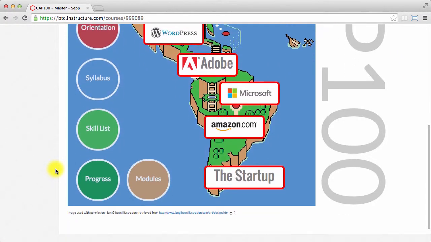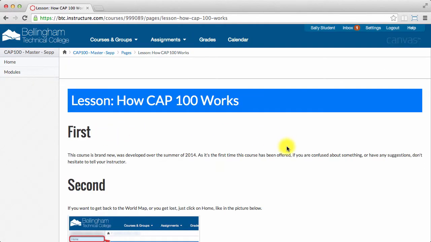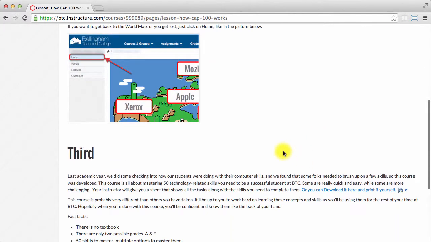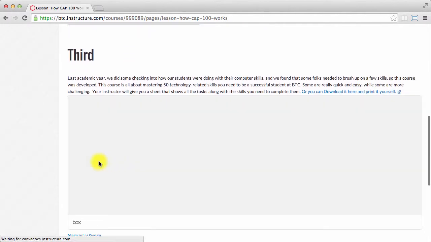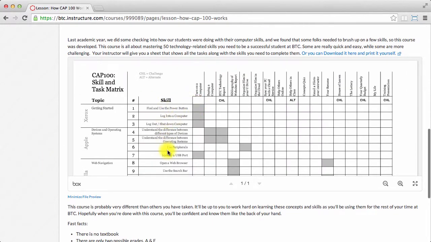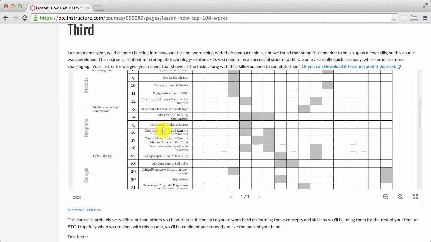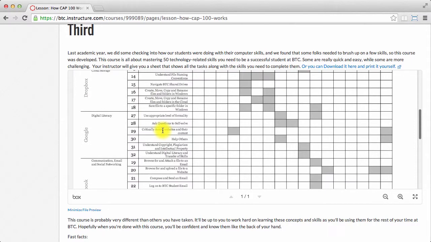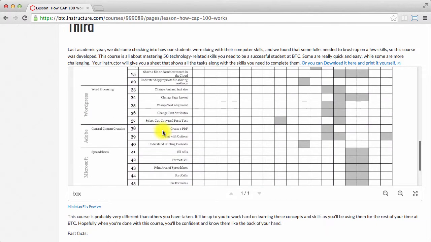Another option to look at is if you go under orientation, it'll give you a really good listing, and you can print this out, or your instructor should have given it to you. In the third section here, if you click on the little preview icon, this will show you a table of all of the skills on the left-hand side and all of the tasks that you can complete in order to meet those skills. So a lot of these skills are really simple to do if you're actually just completing the tasks that you've been given. So this is a good one to print out, and that way you can keep track of your own progress